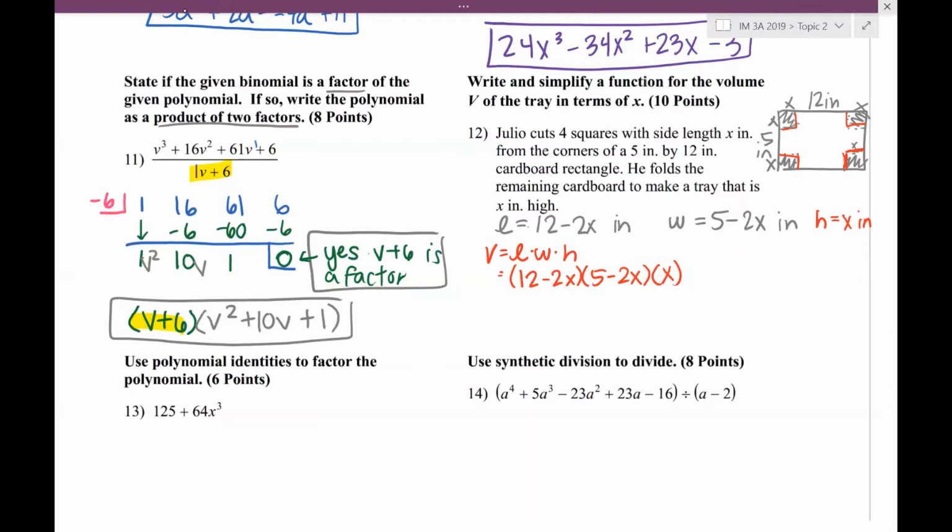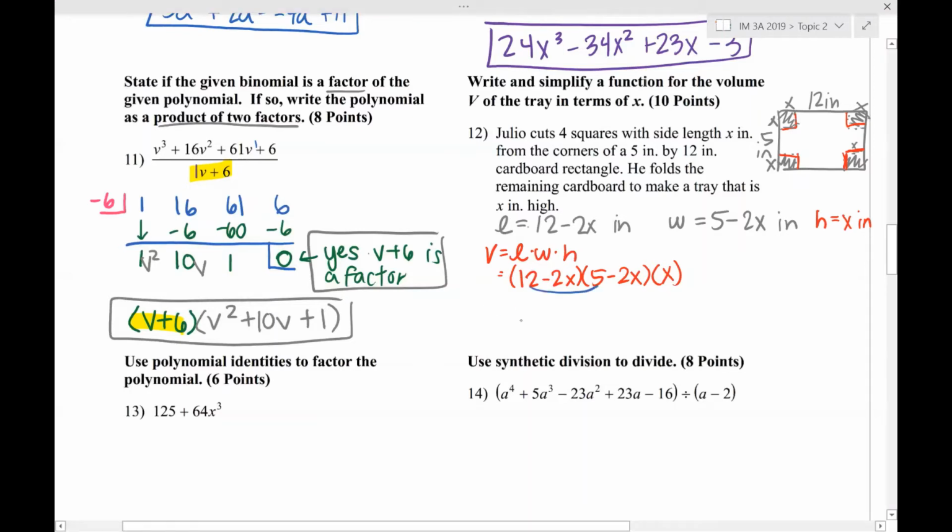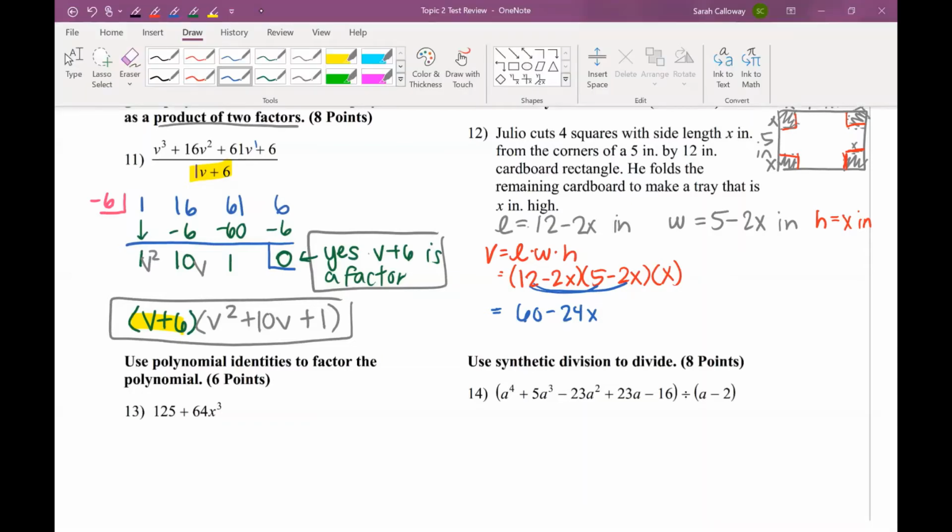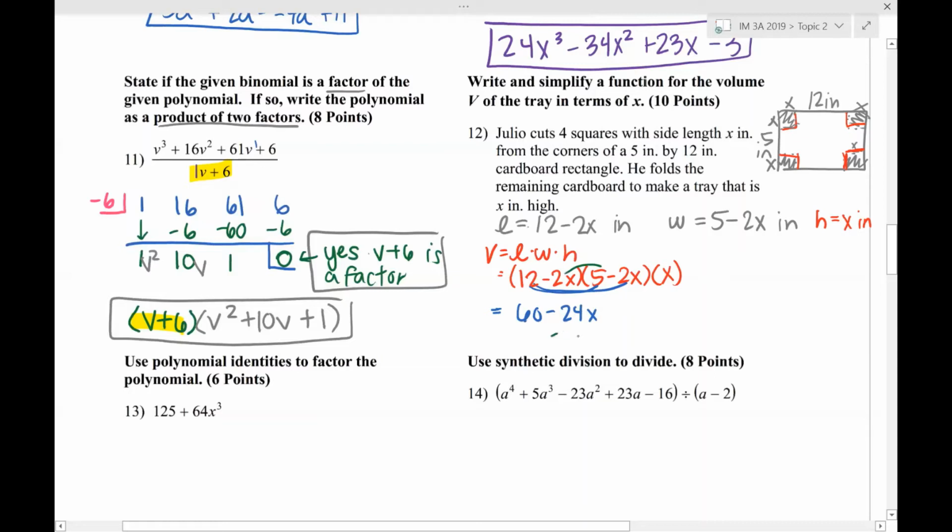So if I multiply out the binomials, 12 times 5 is 60. 12 times negative 2x is minus 24x. Then I'm going to multiply the negative 2x times 5, so minus 10x. And negative 2x times negative 2x is going to give us plus 4x squared. And so that is just that one piece. So that's going to equal this guy,